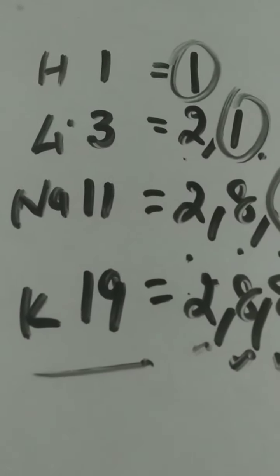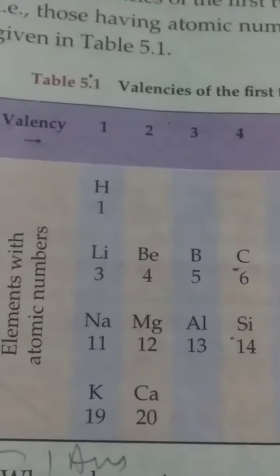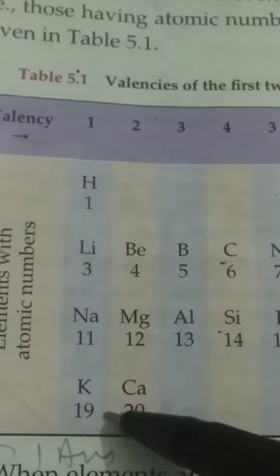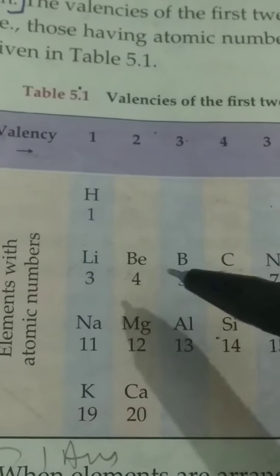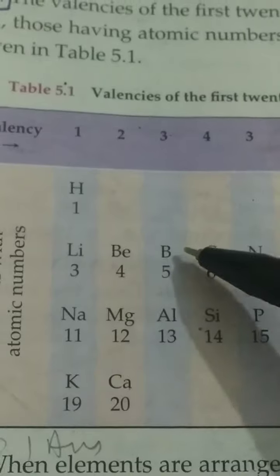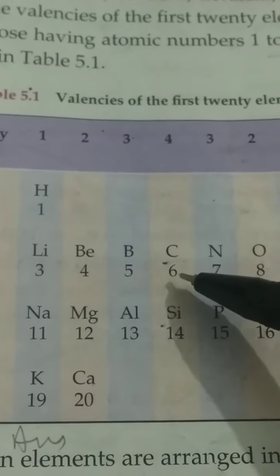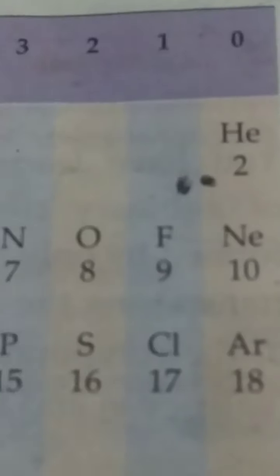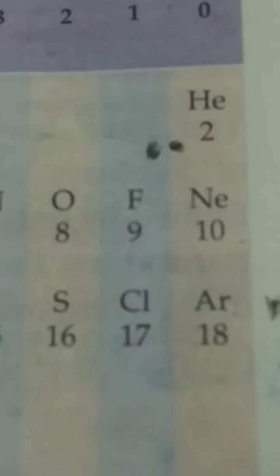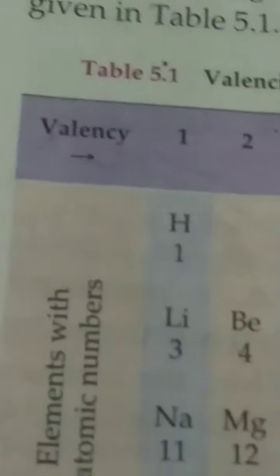So valency gradually rises from 1 to 4 means in the first column the valency of all given elements is 1. In the second, valency 2. In the third, 3. In the fourth, 4. And in reverse, when we move on, the valency becomes -1. And finally noble gases are there, their valency is 0. Now everybody knows what the valency of fluorine and chlorine is? 1, but with a negative sign, -1.